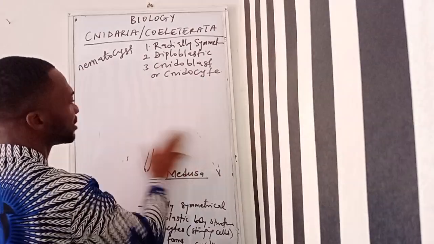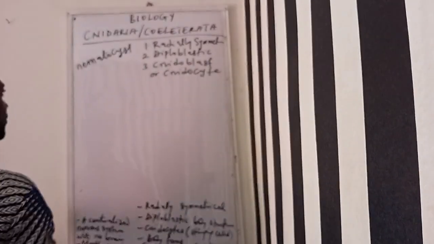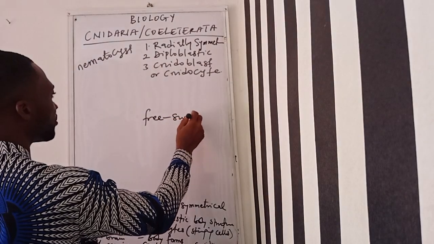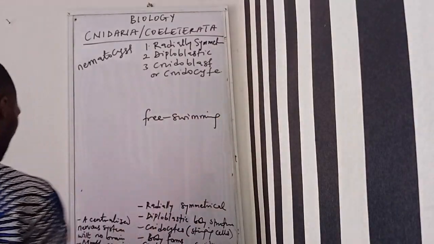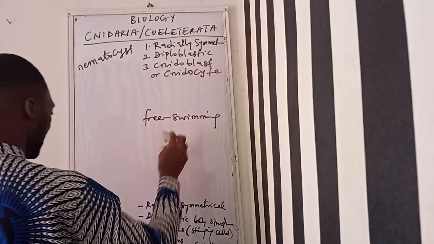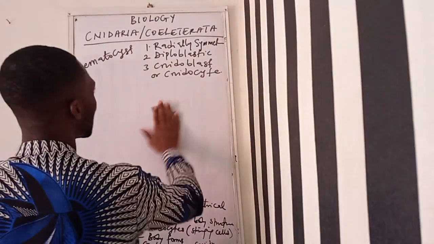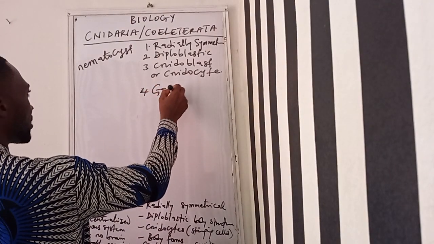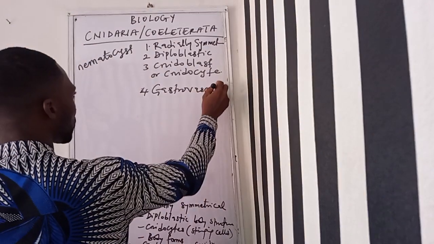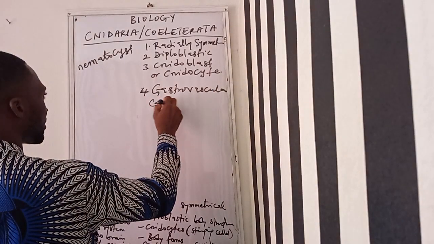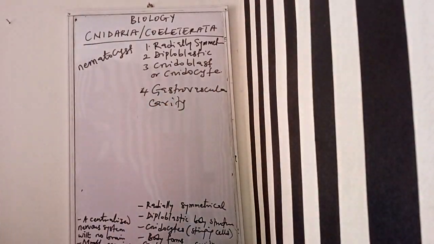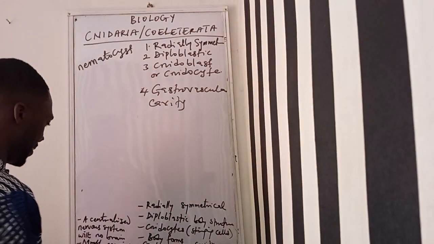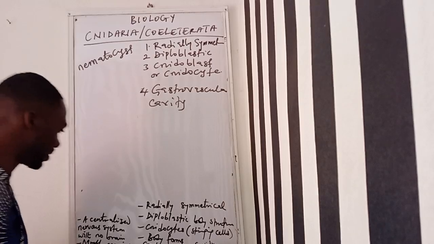Free swimming. The word is free swimming, meaning that it moves. Another characteristic I mentioned is the fact that they have a gastrovascular cavity. Then it is also important that you understand that the members of this group have a centralized